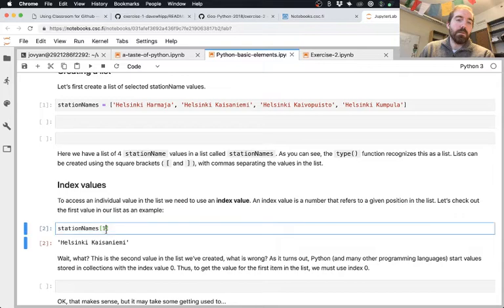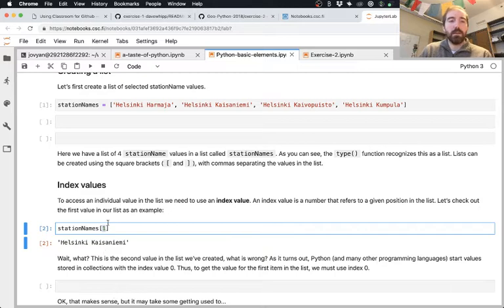The first is that this number can be used to refer to a location within a list. But also you see that there's an indexing standard in Python and many other programming languages that things in lists and values that are ordered start with 0 rather than starting with number 1.